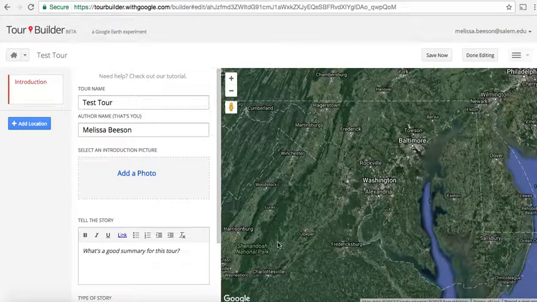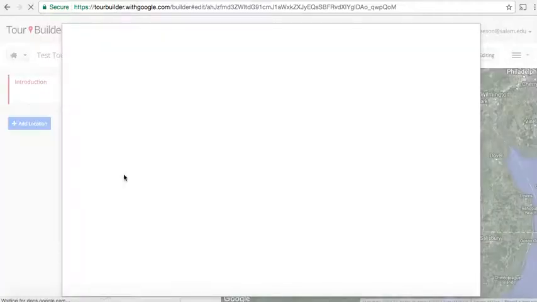And then it gives me this template. So that it really is similar to just filling in the blank. It has the template already for you, and then you're just going to plug in what you want into the template that already exists. So right now, it has the map here ready for me to find a place, my introduction page. I have the tour name and my name. I can add a picture if I want to, and you see if I do want to add a picture, I would just click Add Photo,